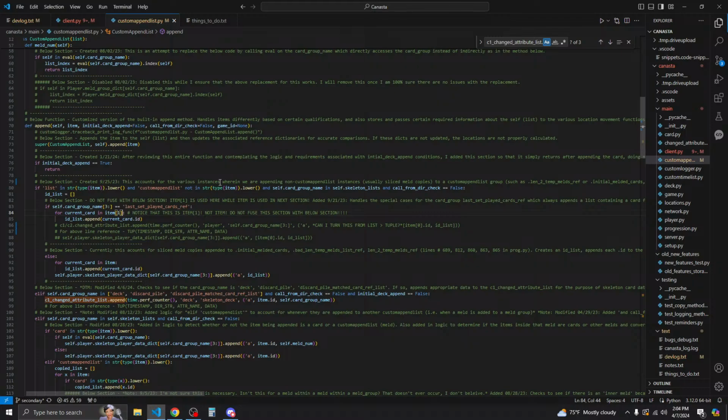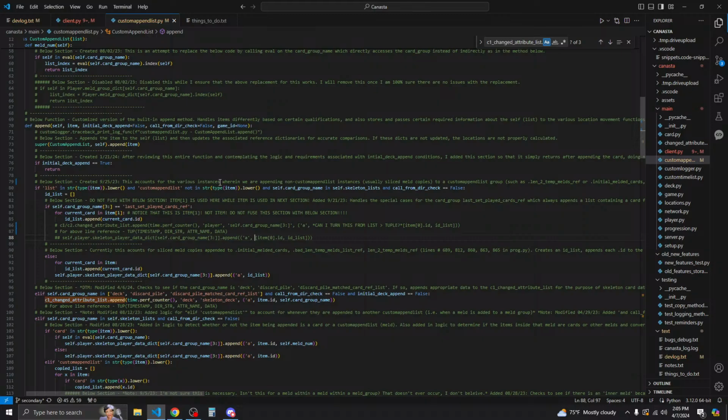But that still doesn't answer the question of why we're iterating through item 1. So like, just roll with it here. So we're iterating through item 1, which is a list. We're appending every card's ID to an ID list, and then we were appending to the skeleton player data dict in the previous form